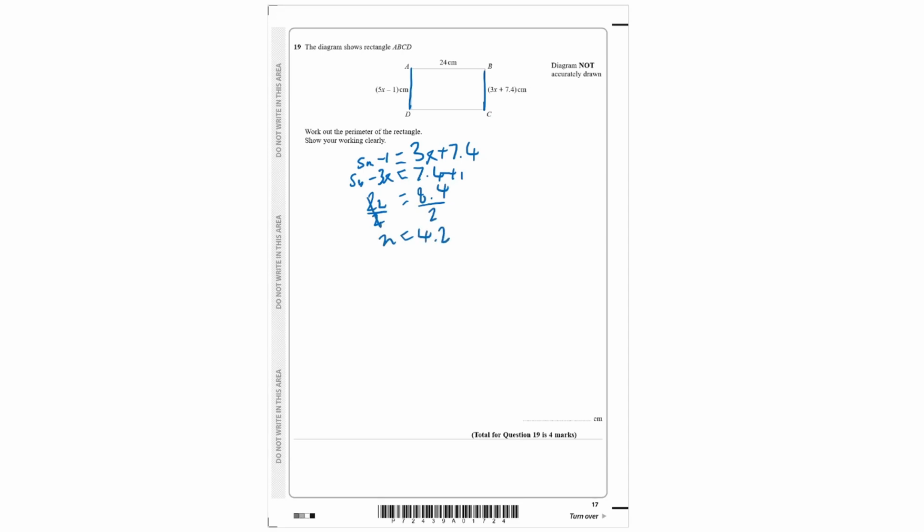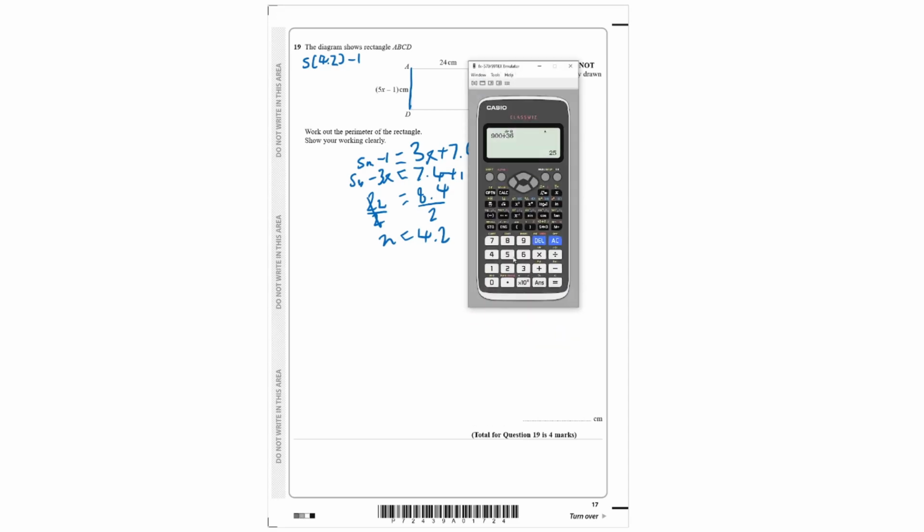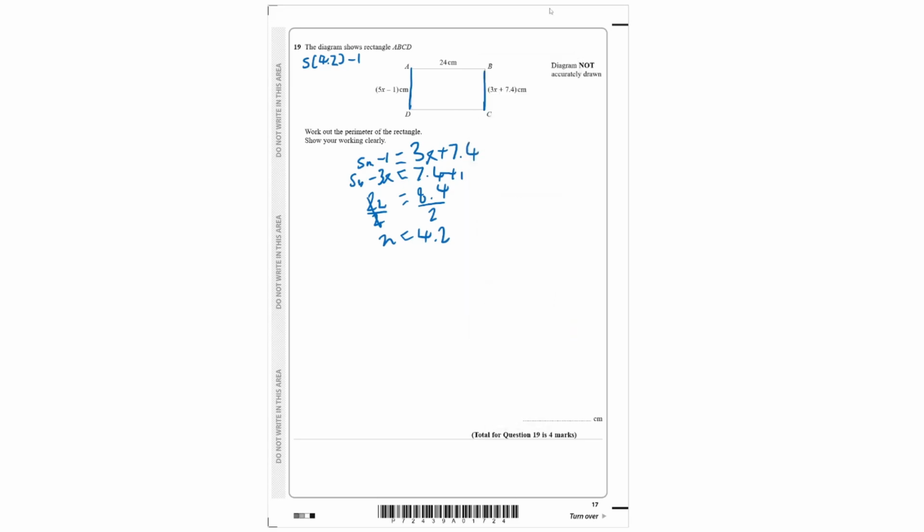Now we can rewrite this as 5 into 4.2 minus 1. We can use a calculator here. We have 5 into 4.2, then subtract 1 gives us 20. And since we know that side AD is equal to side BC, we can assume that this is 20 centimeters,